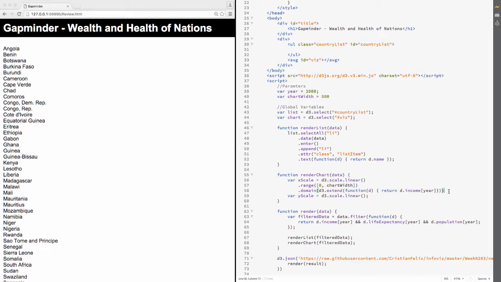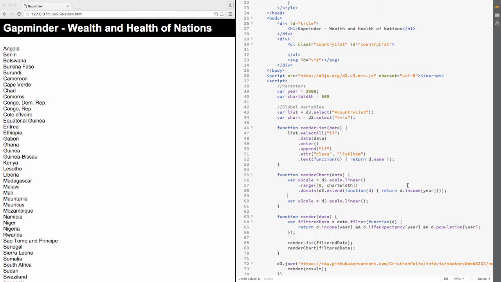Right, so right now I created my scale. My scale is linear, and the range goes from 0 to the width of my chart. That right now I define that's 500. And also the domain is the extent of my data. So I take the minimum income to the maximum income for that given year that I specified here. So let's do the same thing for the